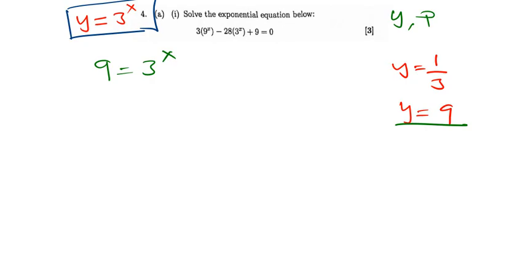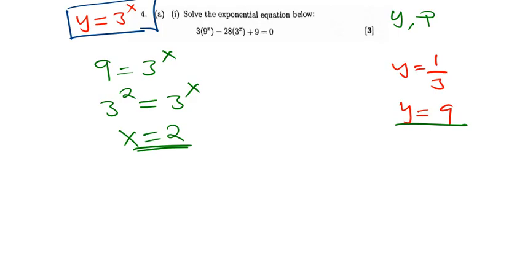Remember how to solve these indices, right? Ensure that the bases are the same. So 9 can be expressed as 3 to the power 2. Okay, so the answer there, x is possibly equal to 2. Then the other one,